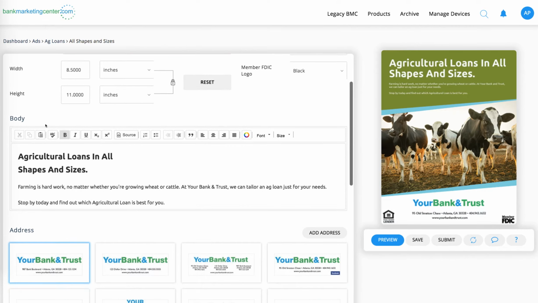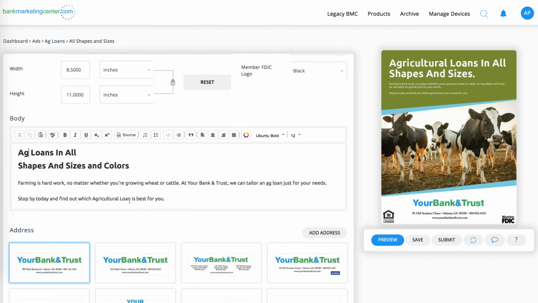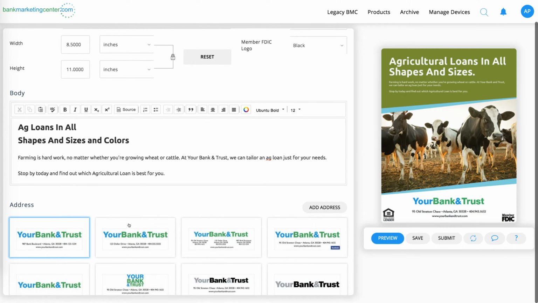Now next, I'm going to move down to the body section of my ad, and this is where I can change what the copy looks like. So I'm actually going to add a few words here, and I'm going to shorten agricultural as well. So I've made a few changes to my copy, and now I'm going to go ahead and move down to